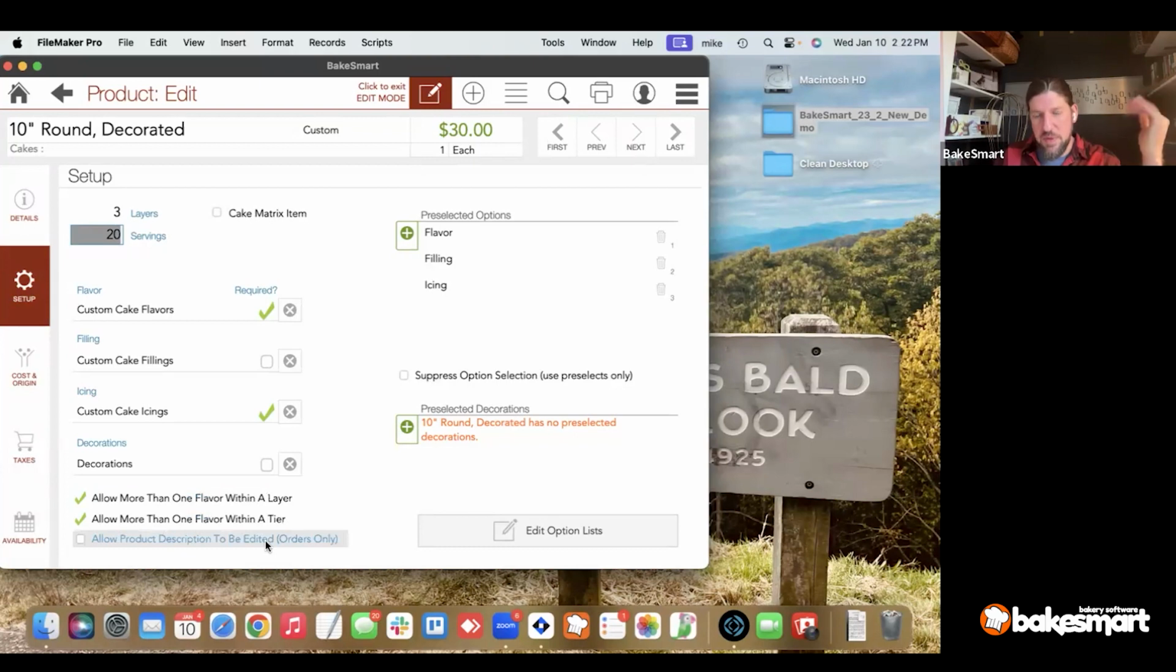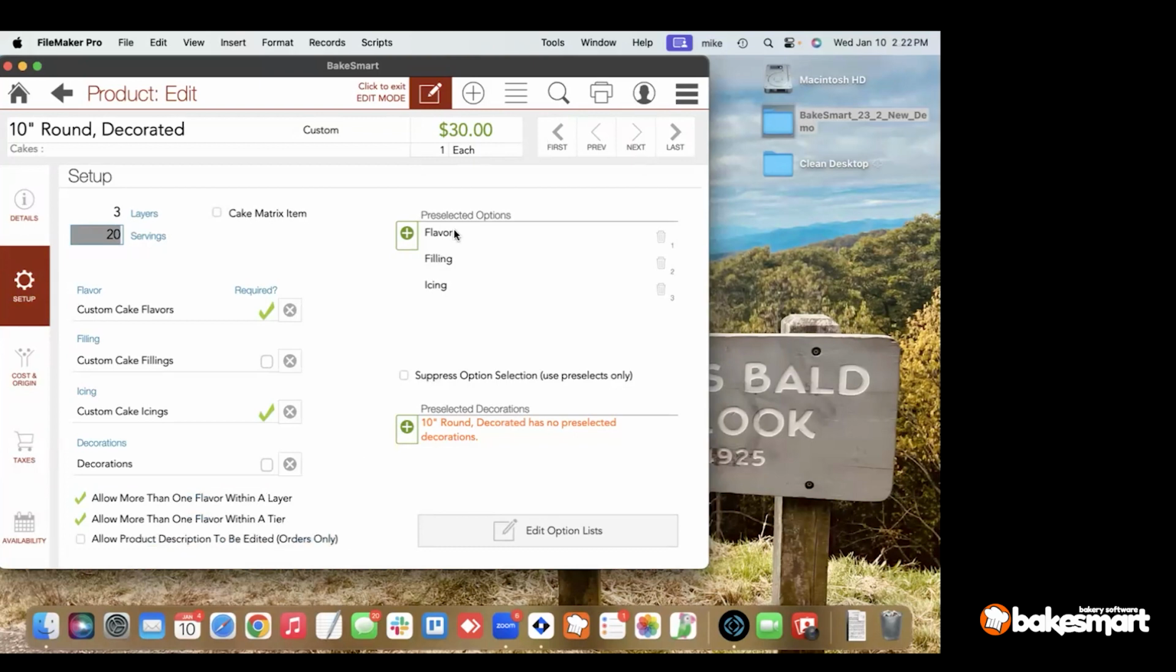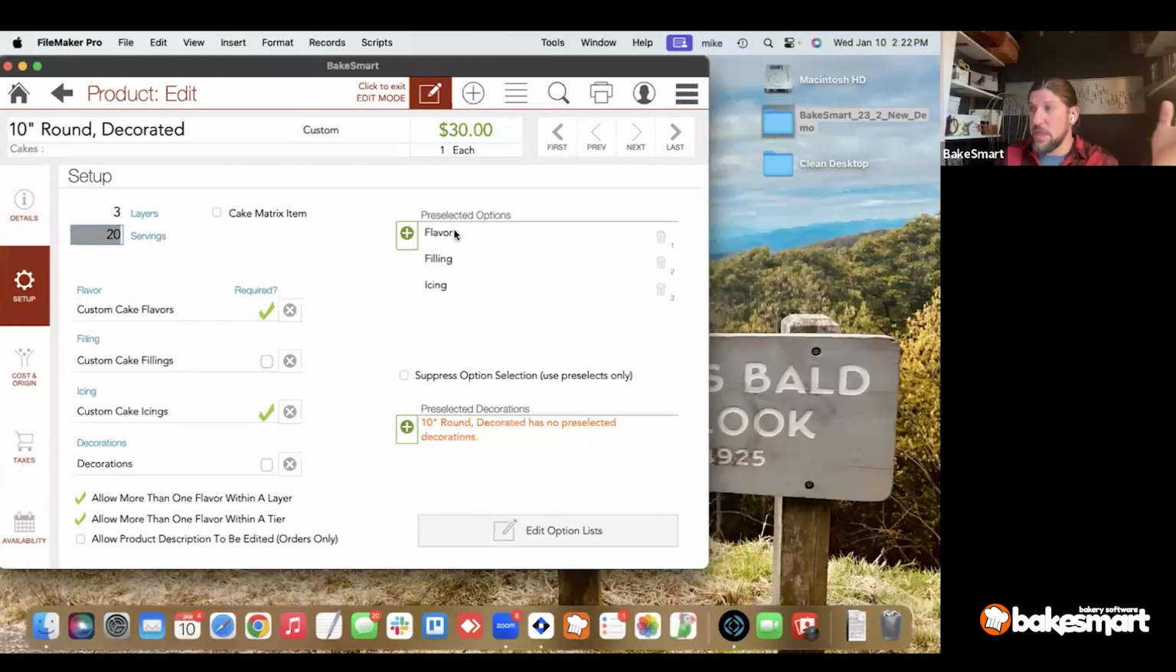And again, our allow product description to be edited. We can pre-select options on custom items, just as we can with standard products. Anything that's got an option list, we can pre-select. This is useful if you've got a preset